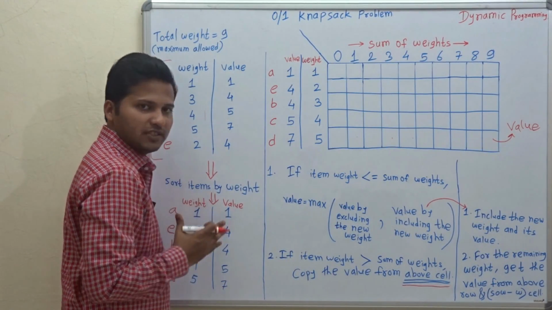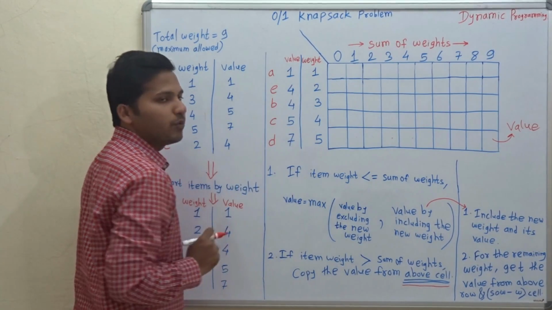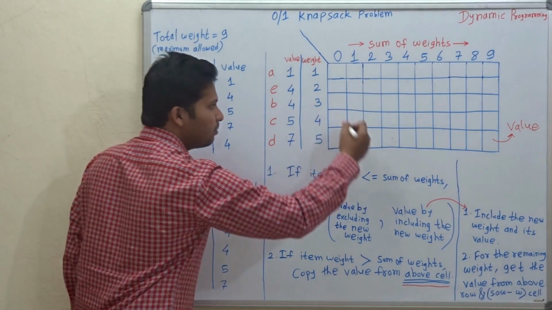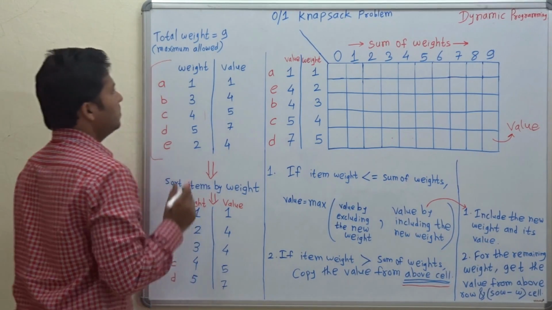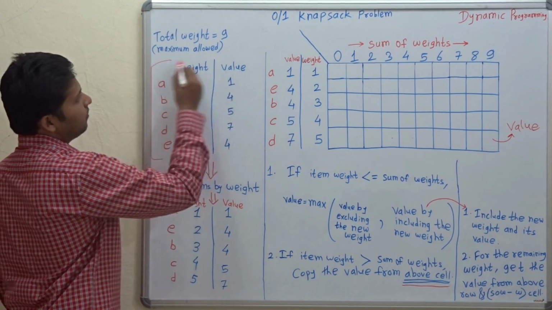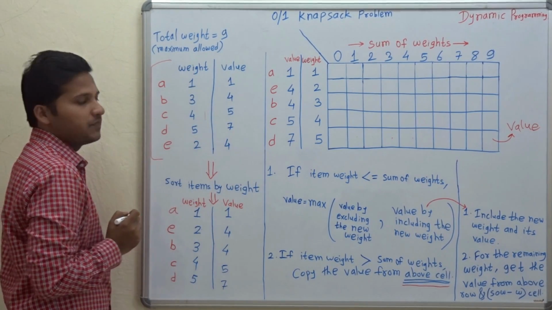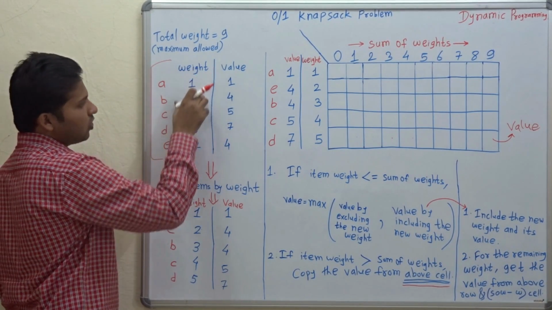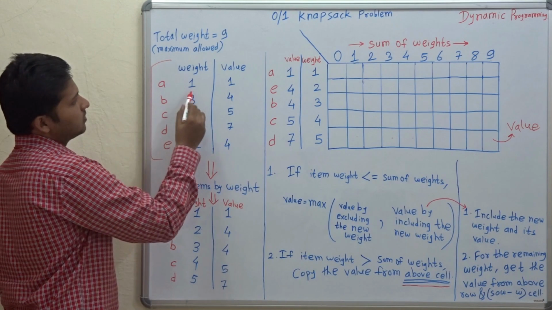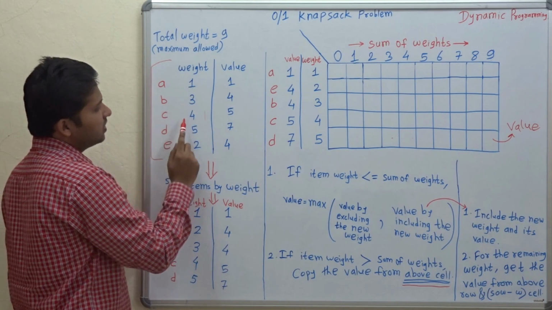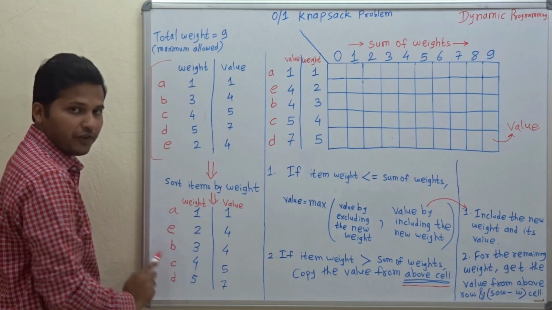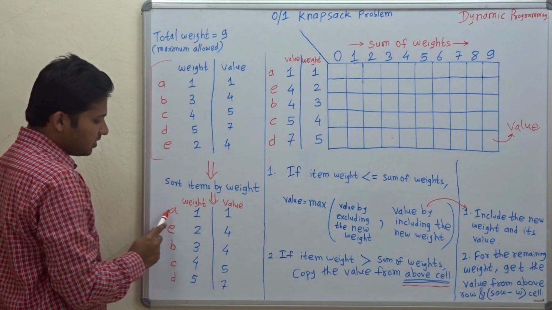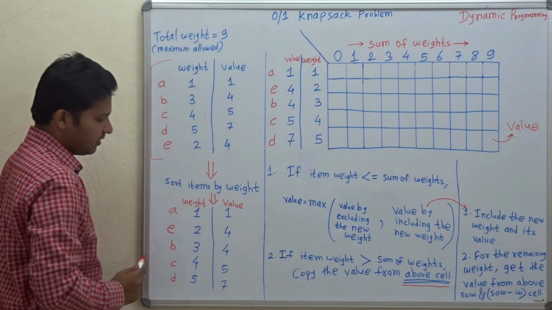So for the algorithm we are going to use dynamic programming, and this is the memoization matrix for dynamic programming. Now this is the original weights given to us. So we have to sort these weights. So if we sort 1, 3, 4, 5, 2, we get 1, 2, 3, 4, 5. And I have written the names of the weights here.